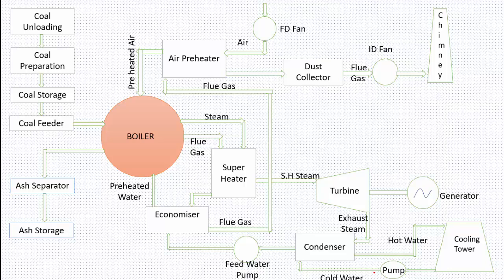That is, from the pump, cold water is supplied into the condenser. That cold water gets the heat extracted by the condenser from the steam, and then that cold water is converted into hot water. That hot water is given to the cooling tower, where the water is flowing through like this, by means of which it will release the heat to the atmosphere. Then it is again converted into cold water. Again this circuit works. These are all the four main circuits of the steam power plant, right?